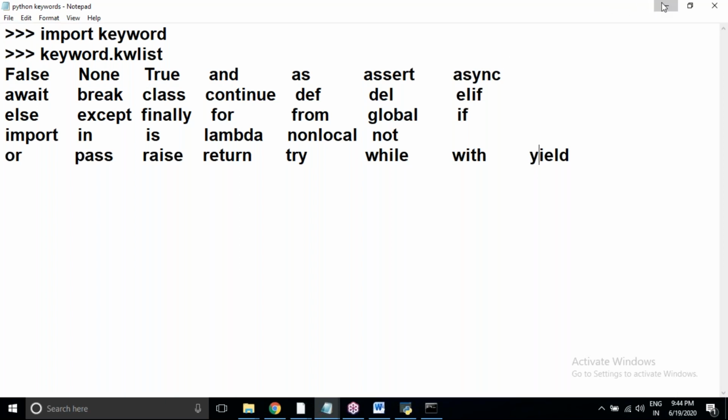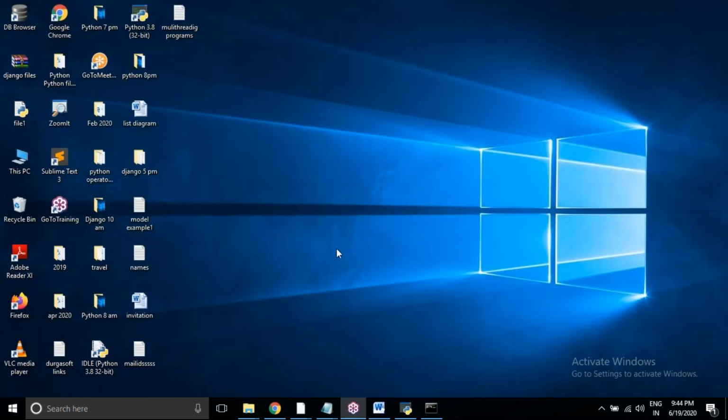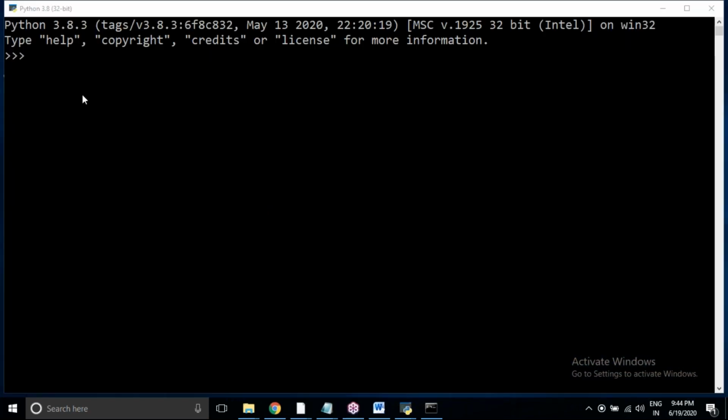Now, if I want to know what the keywords in Python are, I'm using interactive mode here. I'll type import keyword.